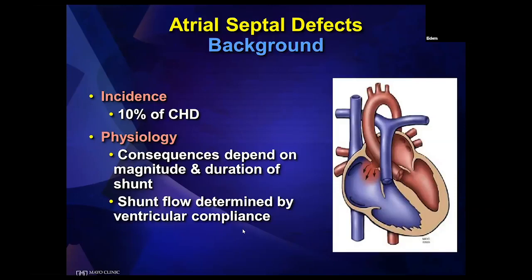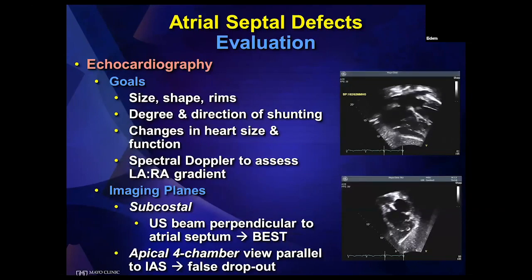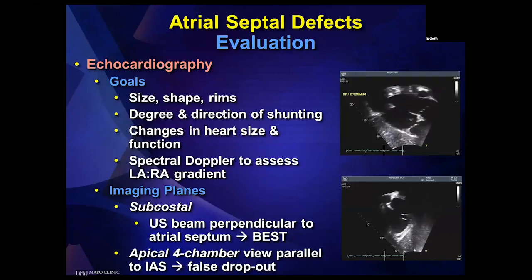So the more compliant the right ventricle, the larger the degree of shunting will be across the atrial septal defect. What's our goal when we look at echocardiography? Well, we want to look at the size, shape, and in particular, look at the various rims of the defect